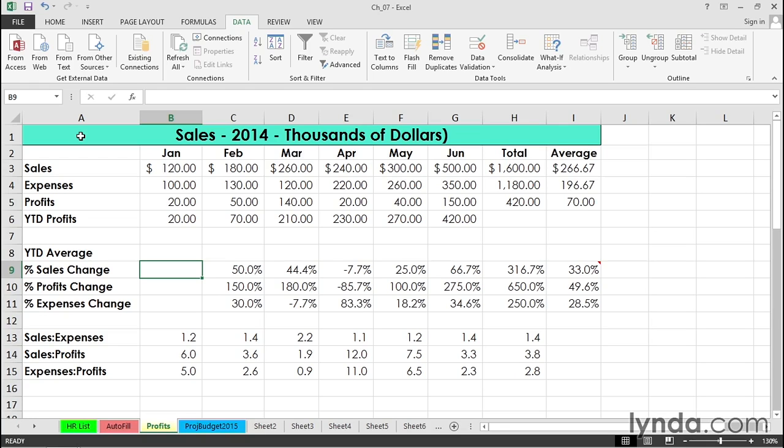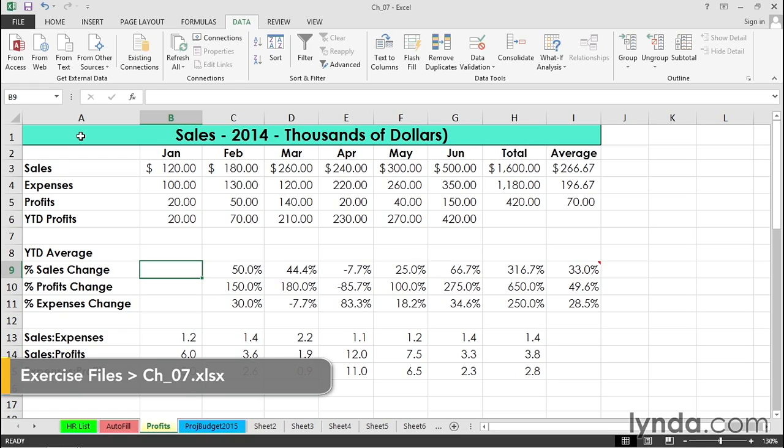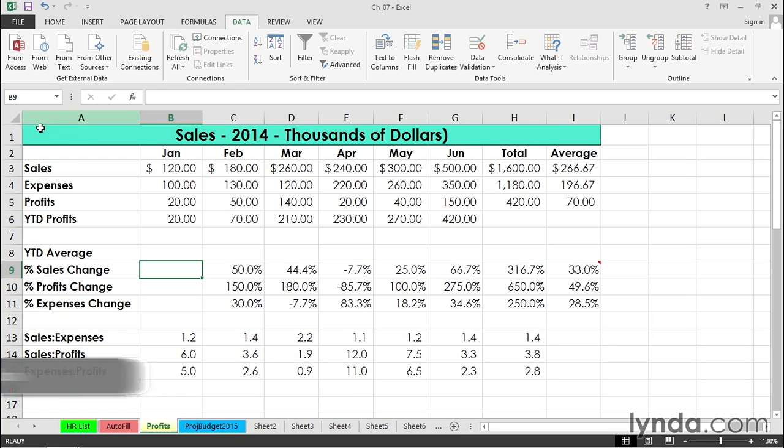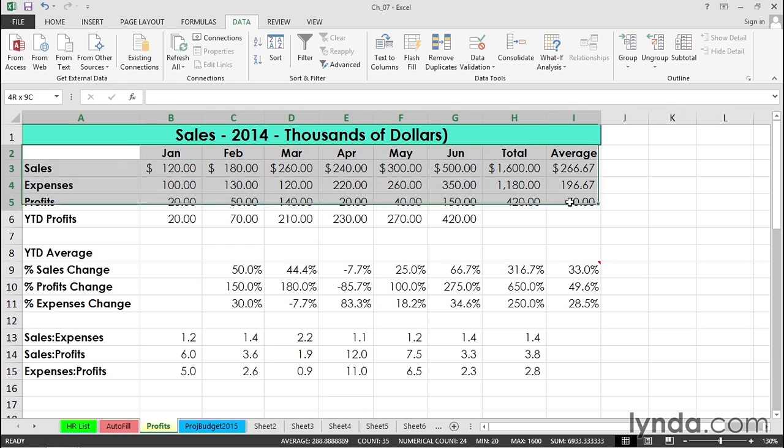Sometimes after copying data, you might want to do more than just a simple paste. And Excel has a feature called Paste Special. For example, in this worksheet called Profits, I've got the data laid out this way, and I'm thinking maybe it